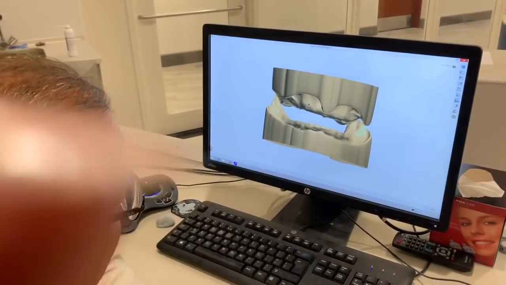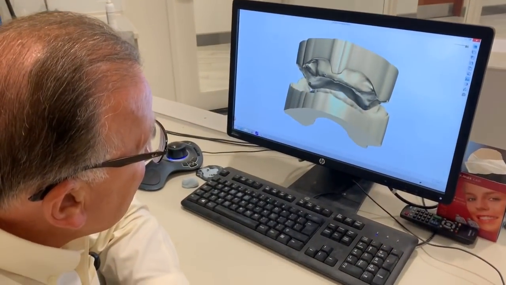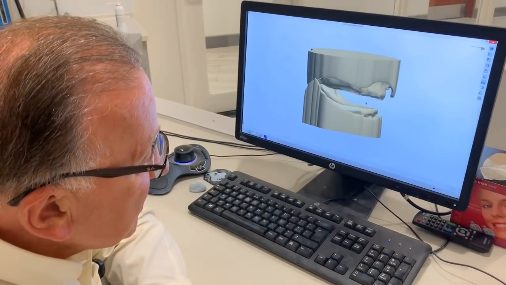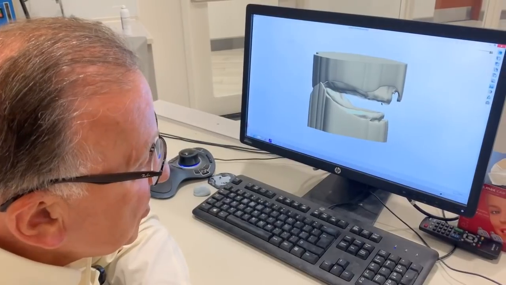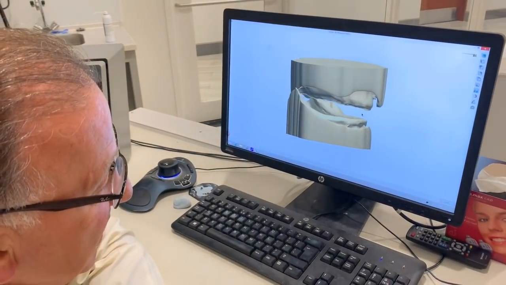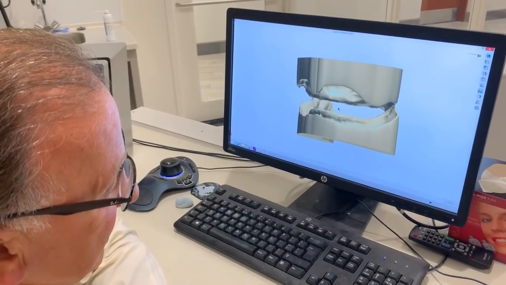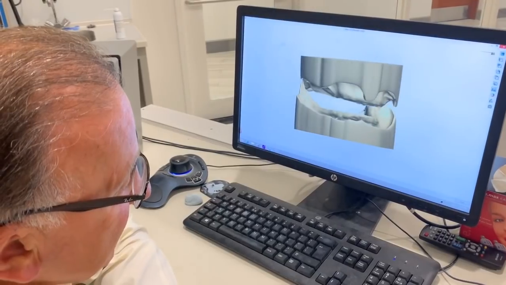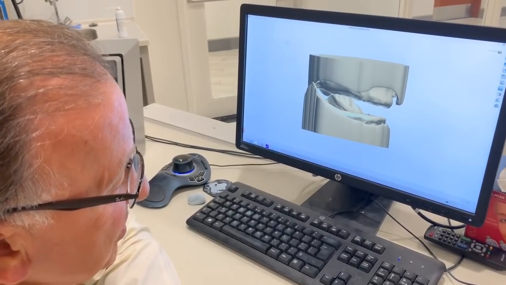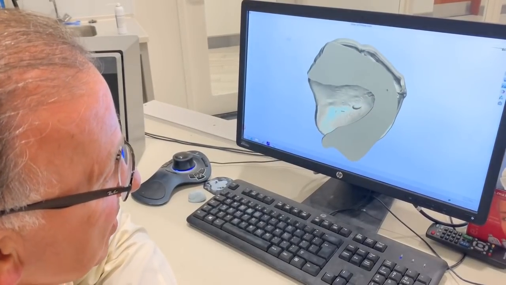Okay, Dr. Frank, what are we looking at? Okay, well, this is what we did this morning. We took upper and lower impressions, and we took a bite relationship relating the lower and the upper jaws together. And so this is our good starting point to start the process of designing a denture and figuring out how much room, how much space, what kind of relationship to put the teeth in. The shapes of the upper and lower are going to be,